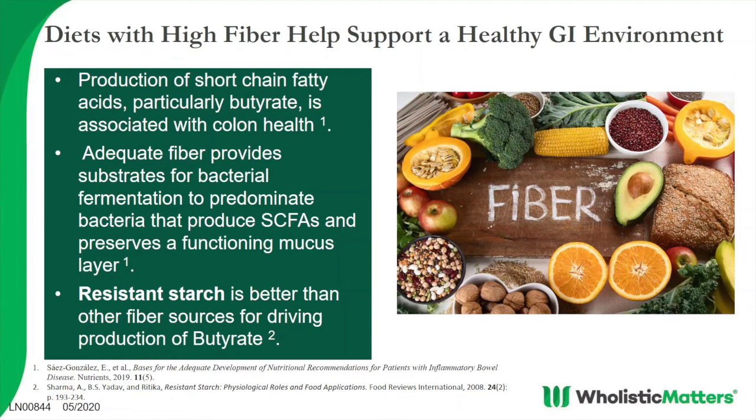But when you look at a particular type of fiber, one that's outlined here is resistant starch. Resistant starch, you can find it in various cereal grains that haven't been overly processed, like oats or buckwheat. As well, you can find it in various other food items, green bananas being one. They're very efficient at driving the production of butyrate. And butyrate is one of these really helpful postbiotics.